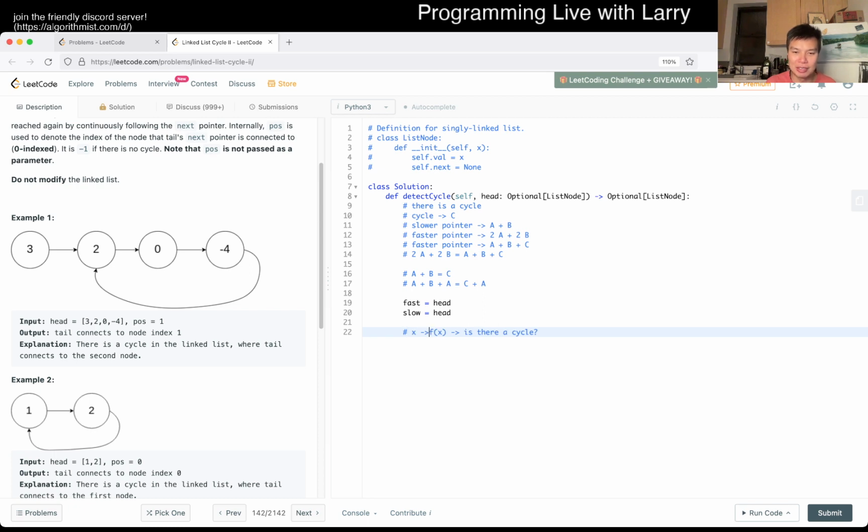Let's say you have x to f of x, and so on. Is there a cycle? In this case, Floyd's algorithm, with the slow and the fast pointer, could be used to solve this in constant space if that's your need. There are a lot of things like this, and then you could even do another loop to get the entry point again, which is, like I said, kind of miraculous.